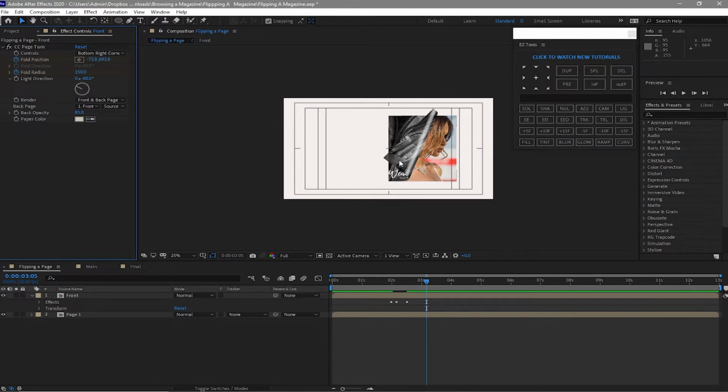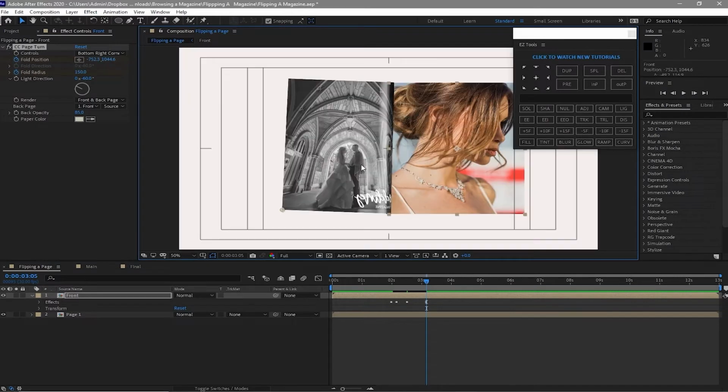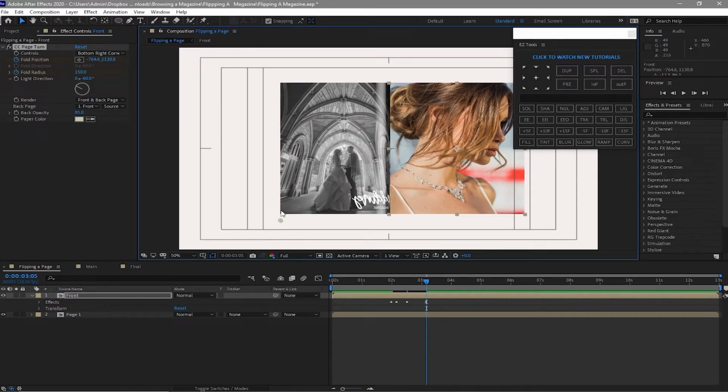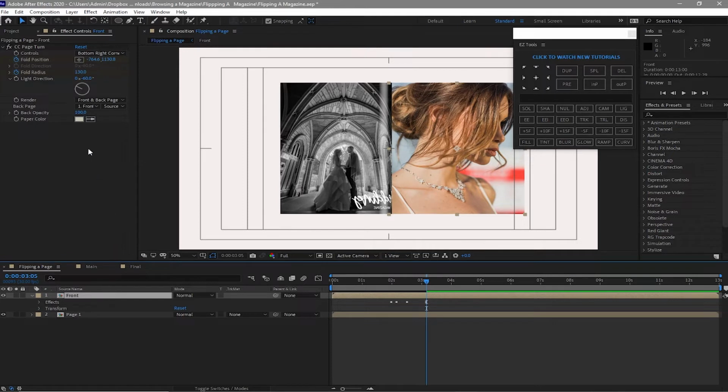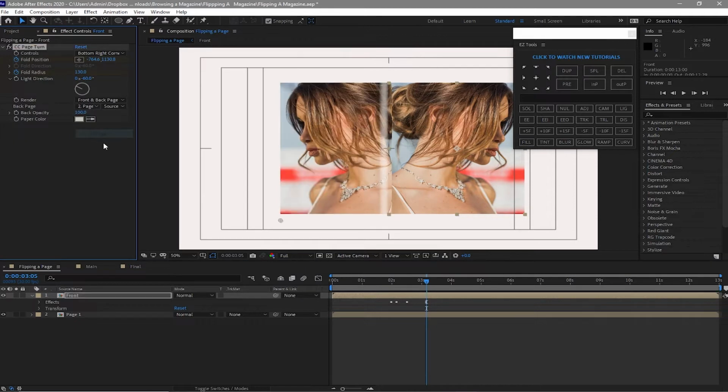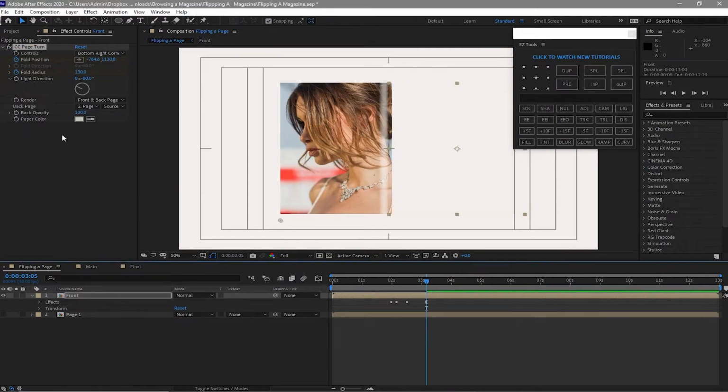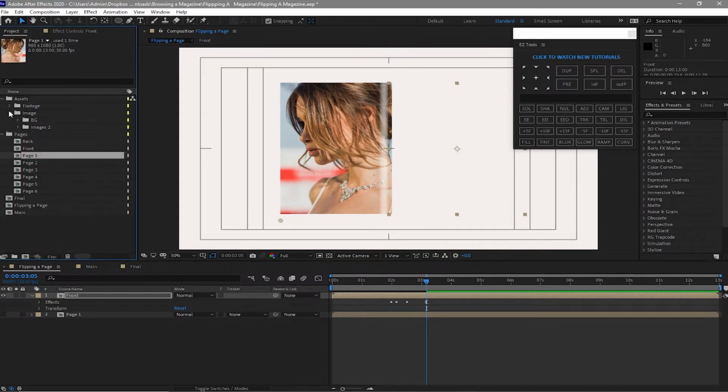I will change this page to this much, I guess. And I will adjust the opacity at the back to about 100%. And I will change this fold radius to 130. I will highlight the front composition and go to back page, and I want to use the page 1 as my back page. And then I will go back to project, close the images,